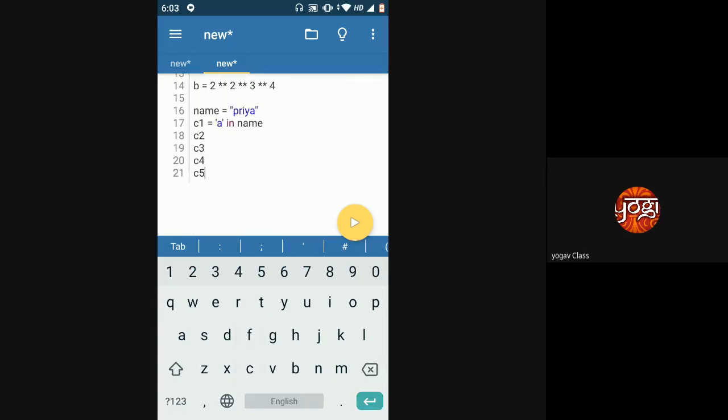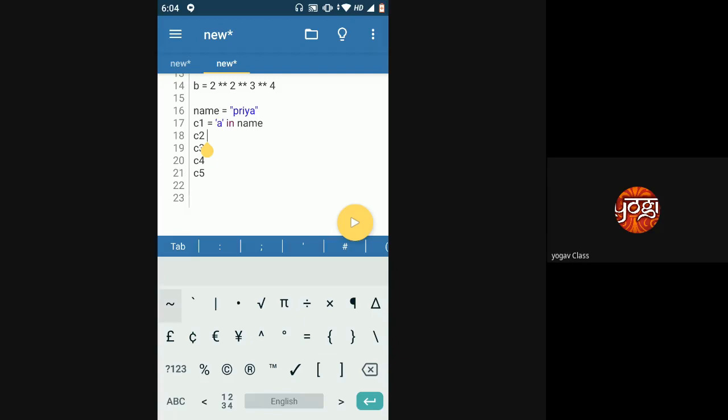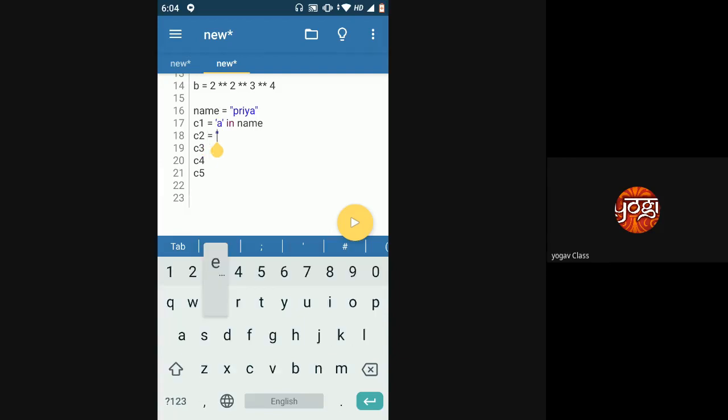Now I want the final answer. So how to get a final answer? I need at least one of these to be true, right? These values C1, C2, C3, C4, and C5 will be Boolean. A in name will give me true because Priya has an A. E in name would be false.